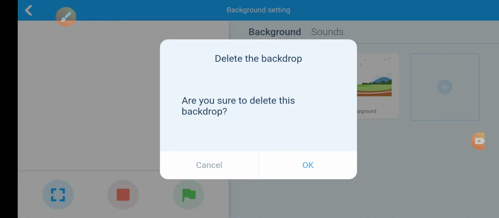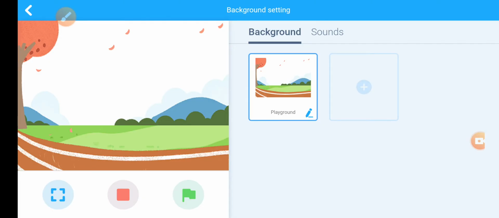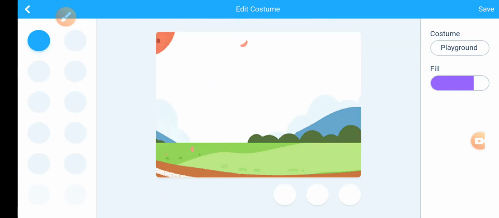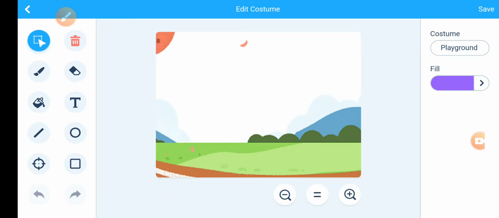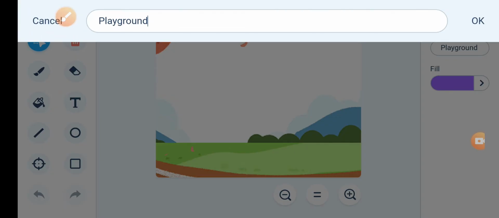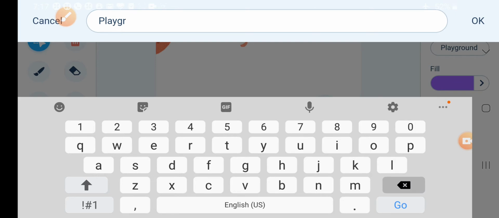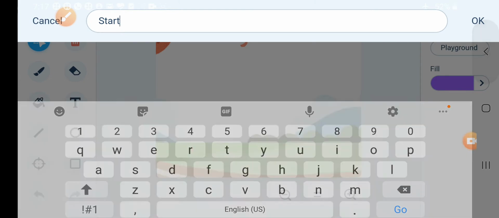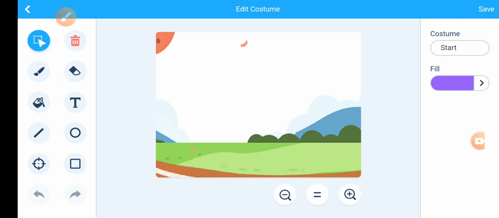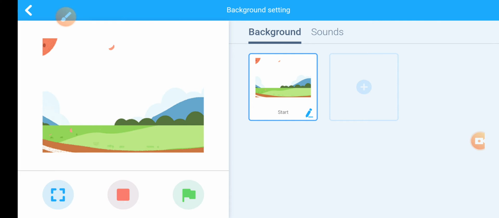Delete this. Now rename this as start. To rename, write here start. Press OK. Save. Okay, start. Next window is for game rule.